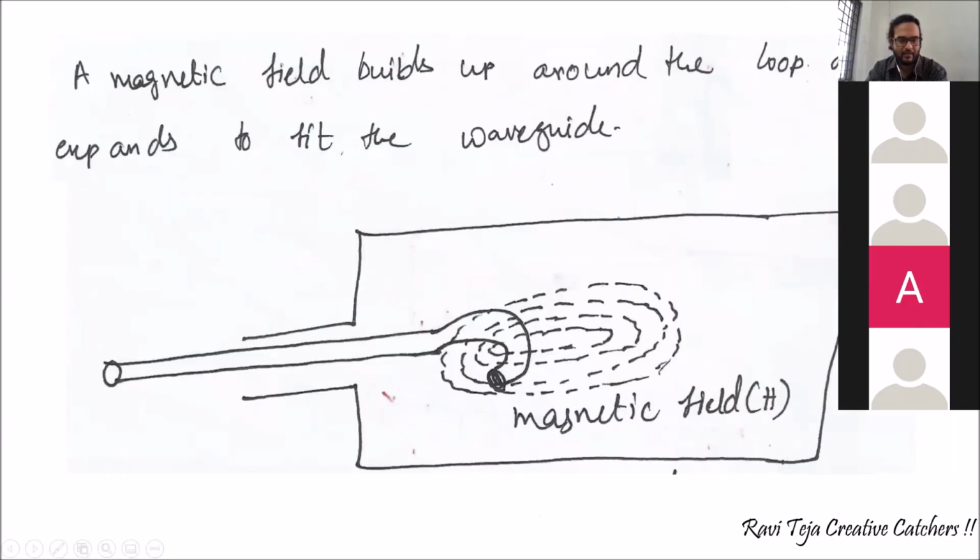See, this is a cavity resonator or a waveguide. We can see this is a coupling loop which has a turn at one end of it. Whenever it is inserted, if there is a signal over here, what it does is, the coupling loop